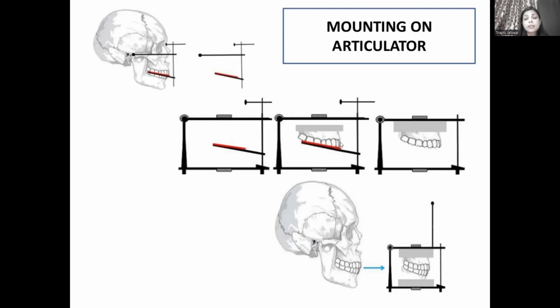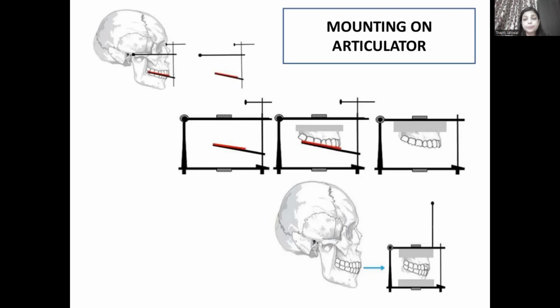And in the articulator, we are mounting the maxillary cast in the same relationship. So we are transferring the hinge axis of the patient's mouth to the opening and closing axis of the articulator. So we are reproducing, simulating the same opening and closing axis of the patient's mouth in the articulator,